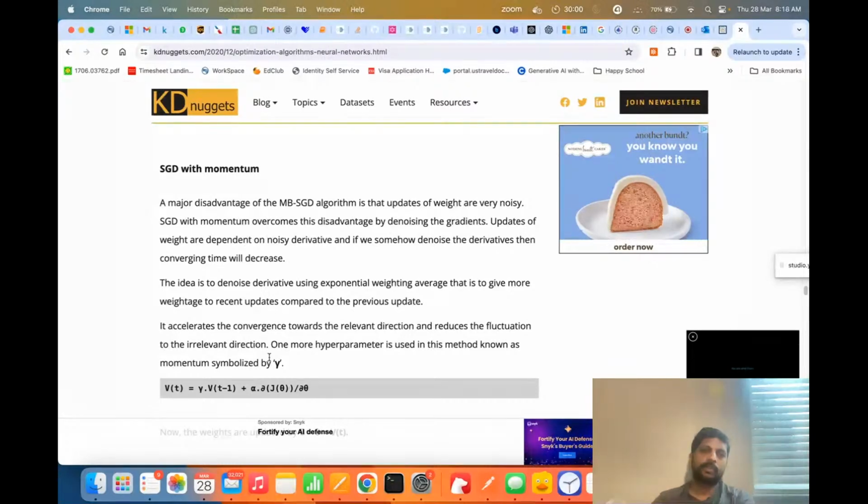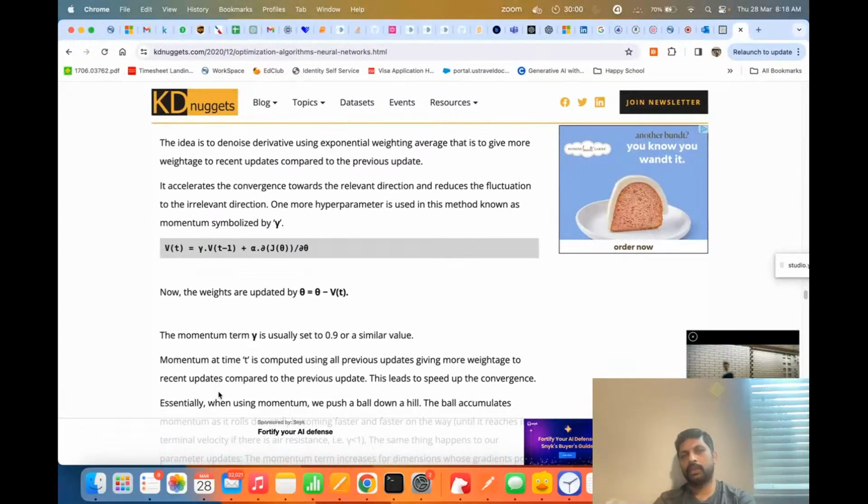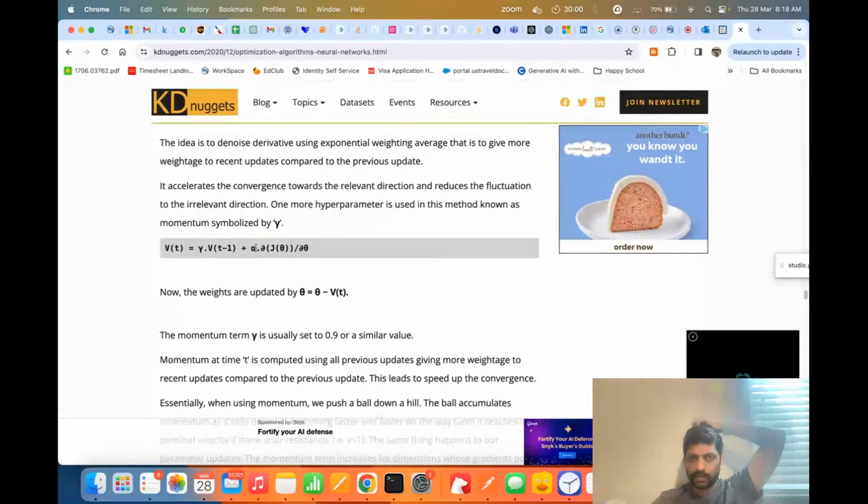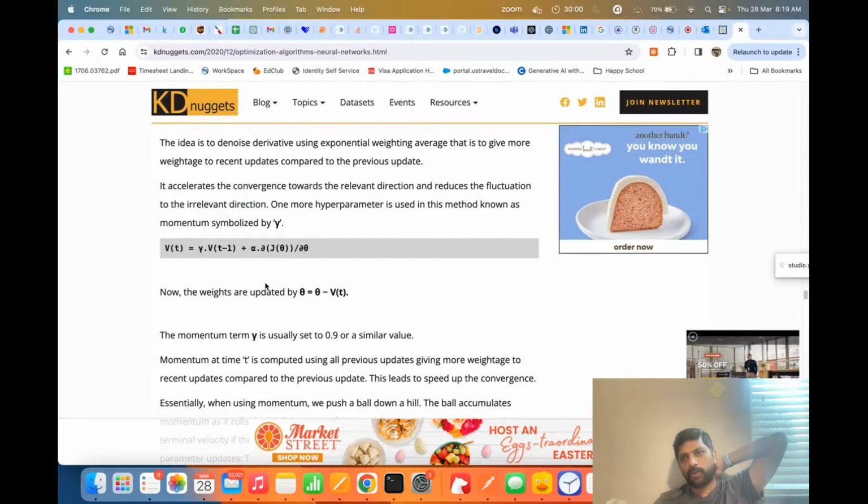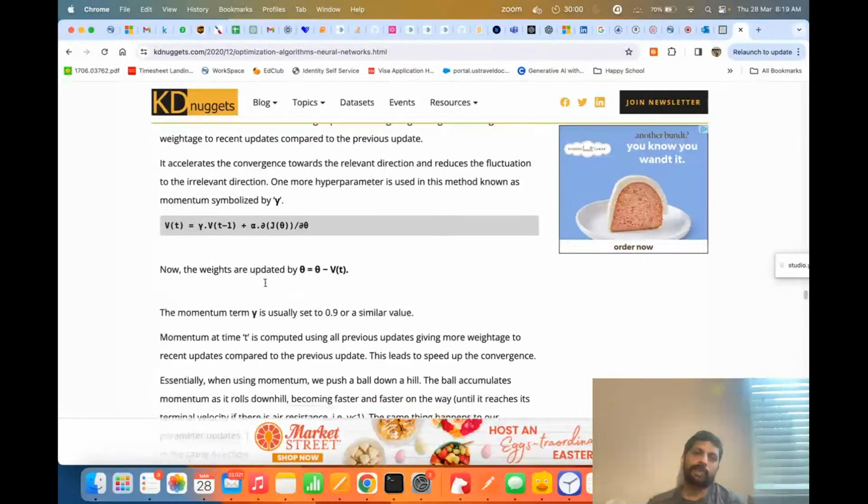If you look at it, he's adding an additional term here, so now the weights are updated as theta minus vt. Previously it used to be theta minus alpha times the derivative of J of theta with respect to theta, but instead we are doing a weighted average of the previous values, so we are reducing the noise. But again, let's look at